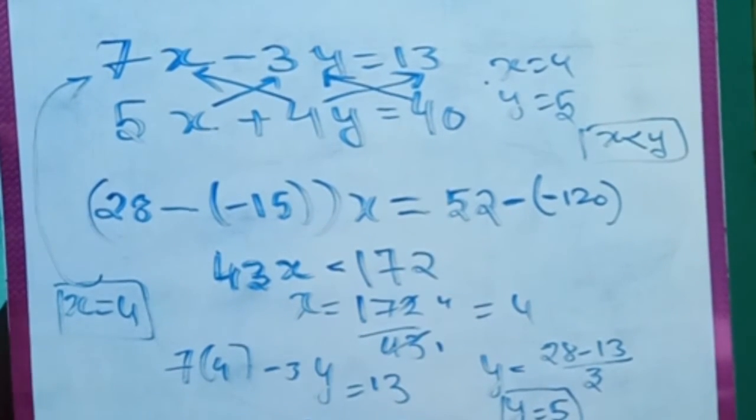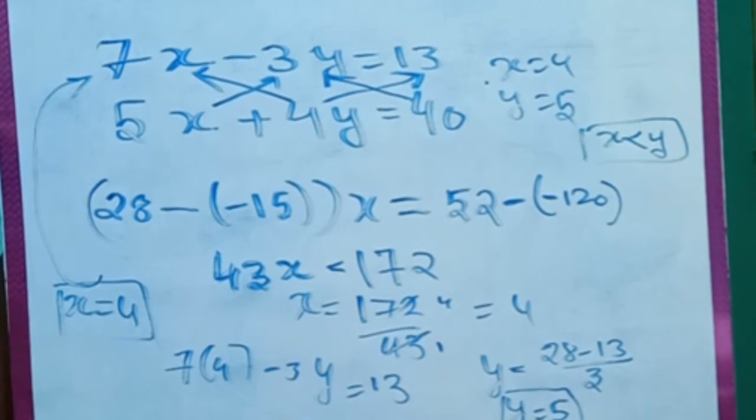What we did in this equation seems a little lengthy, but actually it is not. I just elaborated, and I'm writing for the beginners so that they can understand in a clear manner. If you practice, you can skip the steps and easily write, okay, x is equal to 4 and y is equal to 5. But for that you need a lot of practice, right? Make sure you solve a number of questions based on these linear equations.